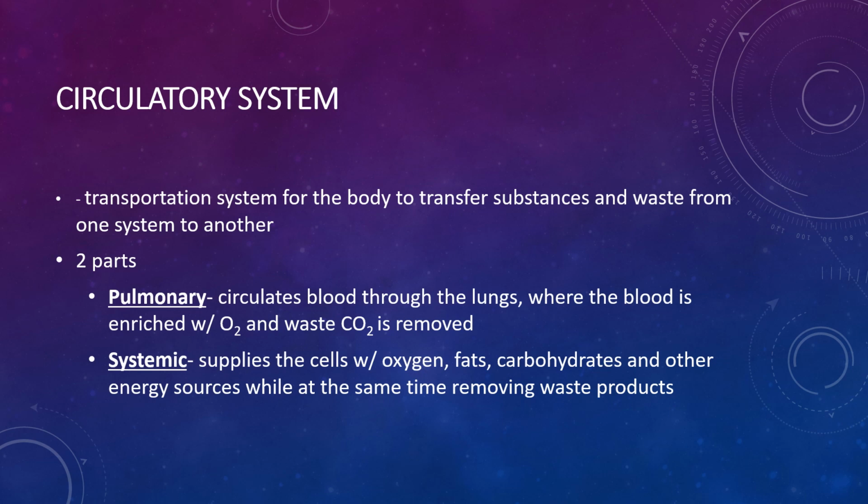Next one is your systemic system. So the systemic system provides the functional blood supply to all body tissues. So it carries oxygen and nutrients to the cells and picks up the carbon dioxide and waste products. So it supplies also the cells with oxygen, fats, carbohydrates, and other energy sources while at the same time removing